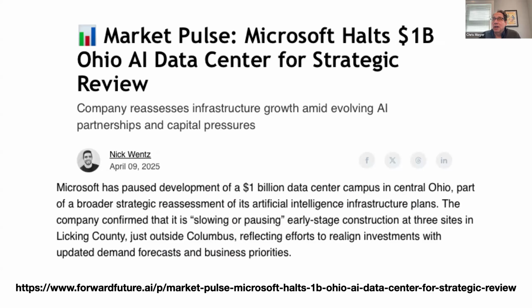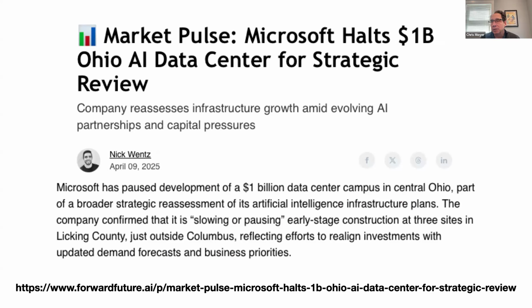Since we're on the Microsoft topic, some sort of interesting news. Early in the year, we were talking about how there has been a massive build out of data centers just because of all the demand of computing power and electronic power to drive those data centers for the AI spin up. And it seems to be that, at least Microsoft and probably some others are pumping the brakes on all this massive build out.